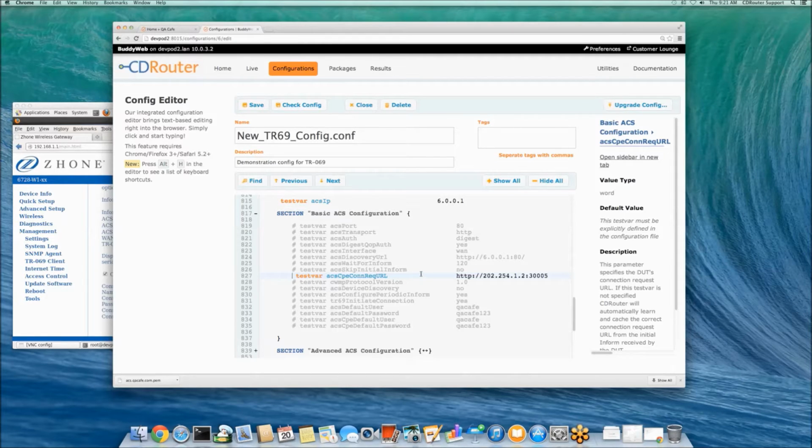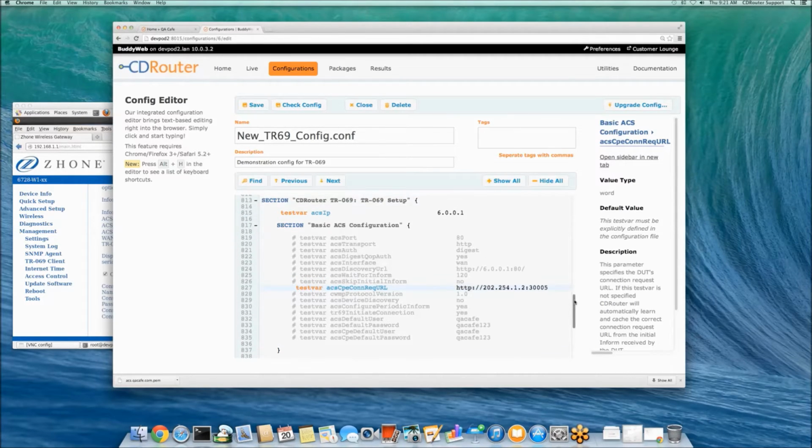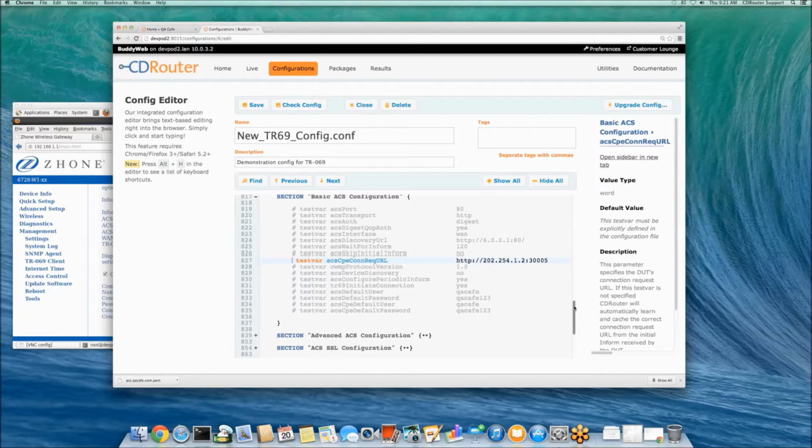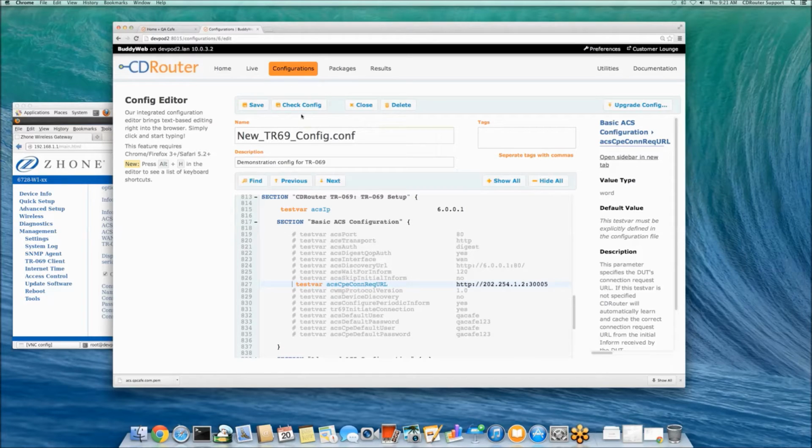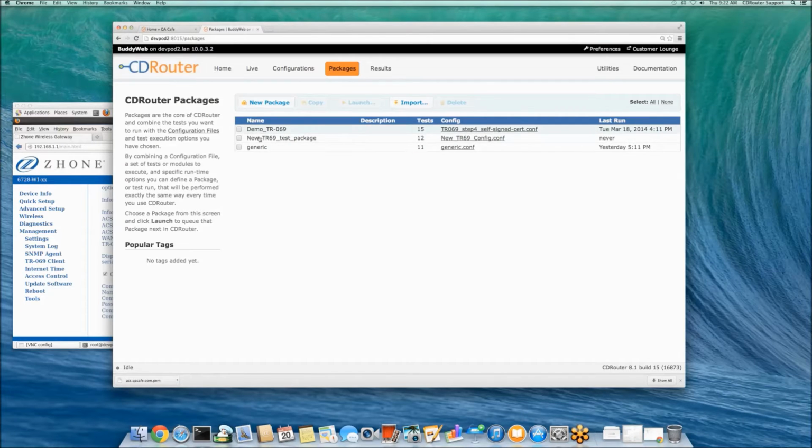So if your device, for whatever reason, uses a different connection request URL or changes its connection request URL periodically, the ACS will always stay updated with whatever is current based on what it receives directly from the device. So after doing this, we'll just do check config again and save our configuration. Then we can go back over to our package